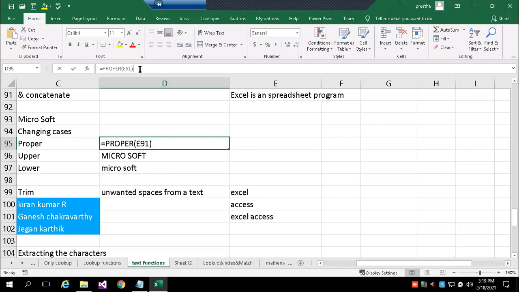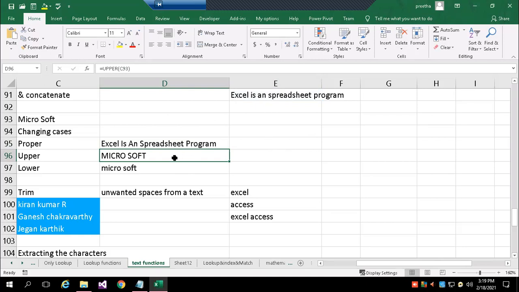When I say proper of E91, it takes the data, and in that data, E and the first letter of is, that is I, A, S, P, everything will be converted to capital. So first letter of every word will be capitalized. That is called proper case. When you are writing sentences or when you are writing a title, you can use this.